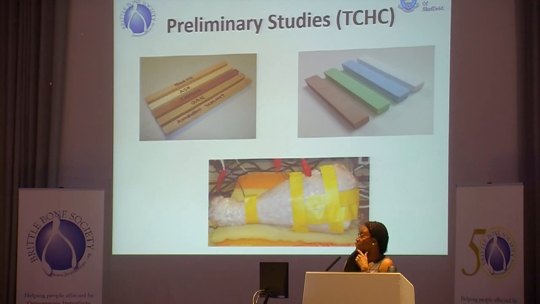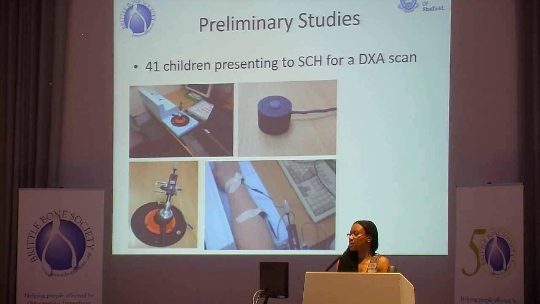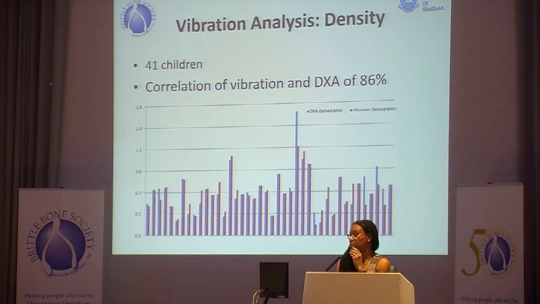We began with looking at various blocks of wood, beech, ash, oak, etc., of known density, and we were able to tell which piece of wood it was by looking at the tracing of the vibrations, and then different sponges of different density, and turkey legs without the skin and the muscle and the bone. So that was Helga's PhD study, and ultimately, with funding from the Children's Charity, we were able to look at 41 children. We'd begun on the turkey legs and things with just a marble on a piece of string, and we progressed to this instrument, and that gave us this result of correlation between vibration and DEXA of 86%,